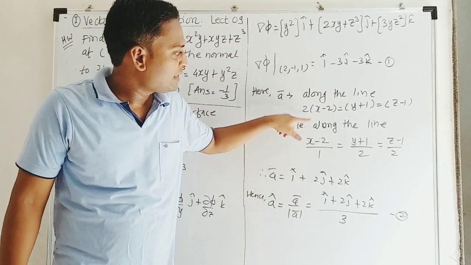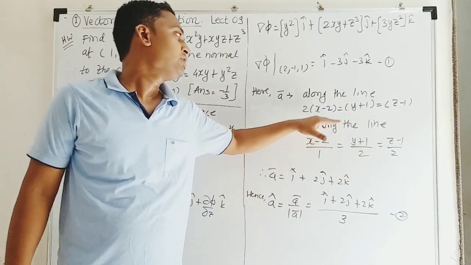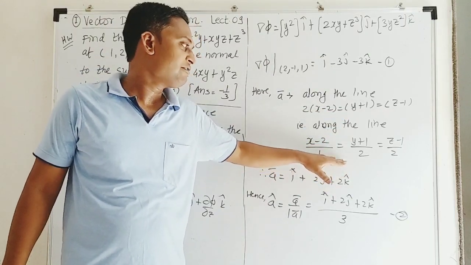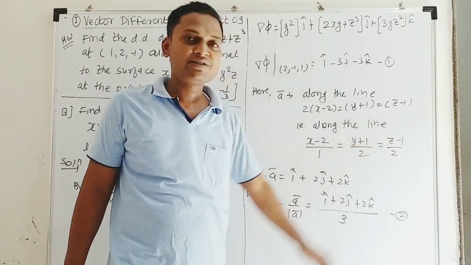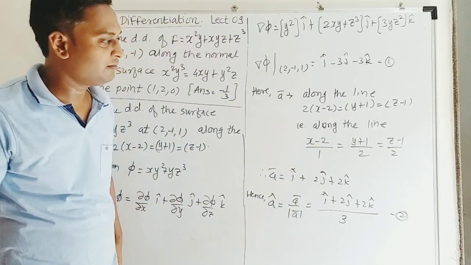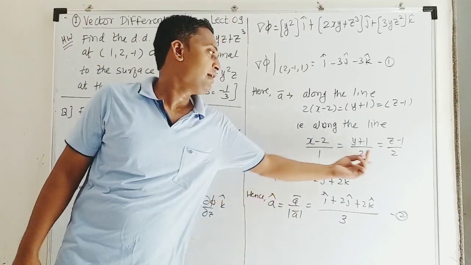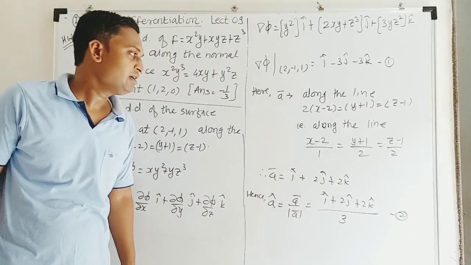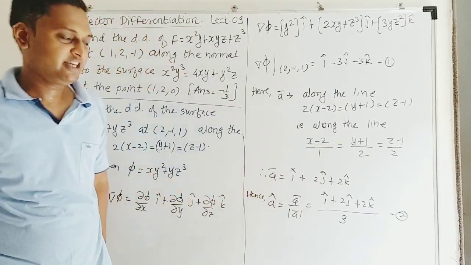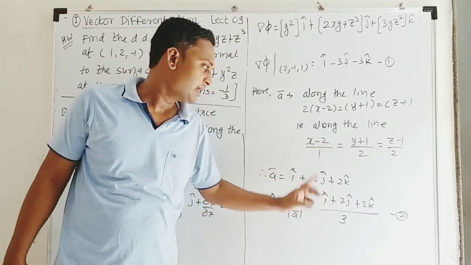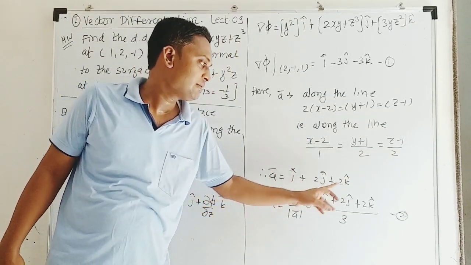So 2 by 2, here we'll get 1. Here in the denominator 2 will come, and we'll have the equation of line. This equation of line is in the standard form, (x - x1)/l = (y - y1)/m = (z - z1)/n. That equation of a line in standard form we have discussed already. And these are the values of l, m, n in the denominator. Those values we need; they are the direction ratios of that line. By using these direction ratios, we write the vector a bar as li + mj + nk. So l is 1, m is 2, n is 3. Therefore the vector is i cap + 2j + 3k.